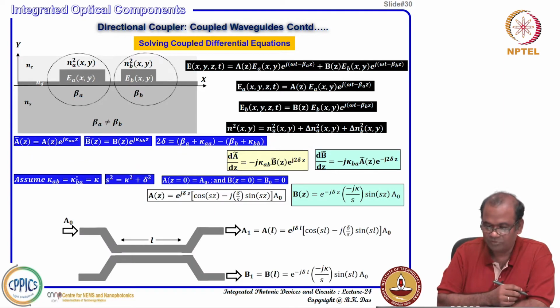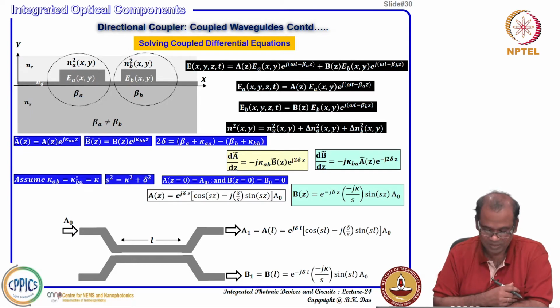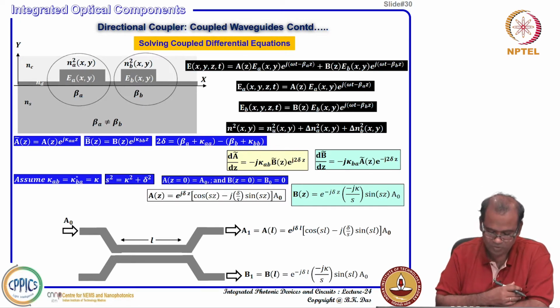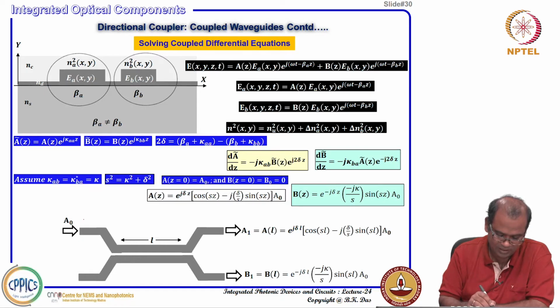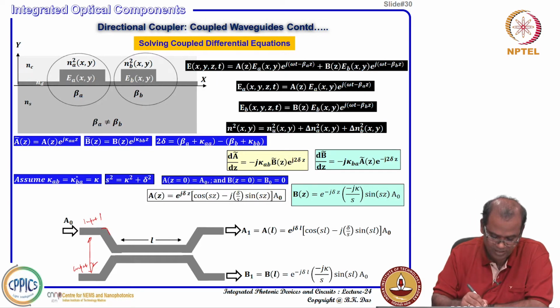So, now we take help of this structure, this cartoon. This is actually a standard representation of a directional coupler. You have two waveguides here, input 1, input 2. Initially they are decoupled, far away, and then you can slowly bend. This type of abrupt bending is not possible. If it is abrupt bending, a lot of losses will be there, but when you are designing a waveguide, you can make it smooth. Then the waveguide can come adiabatically and smoothly towards